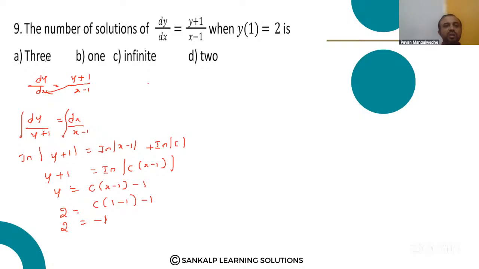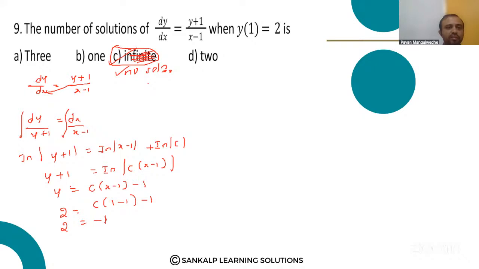But the given options are 3, 1, infinite, and 2. You can change this option C, infinite, to no solution. Students, just try to type this as no solution. Write it down. This has no solution, and option C is the correct answer. Instead of infinite solution, you can write no solution, because when it gives a contradiction, it has no solution. So no solution, in the sense that the given options are not valid. By mistake it is given as infinite. Just change it to no solution. Next,